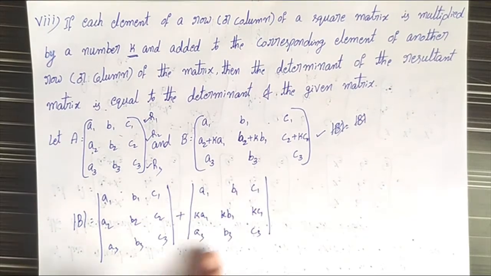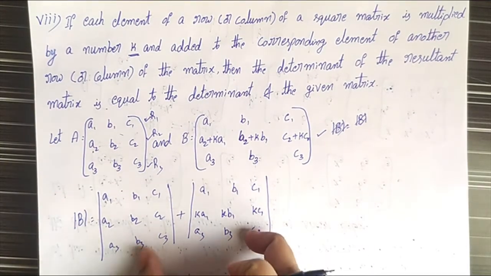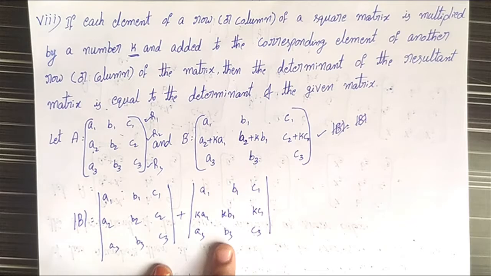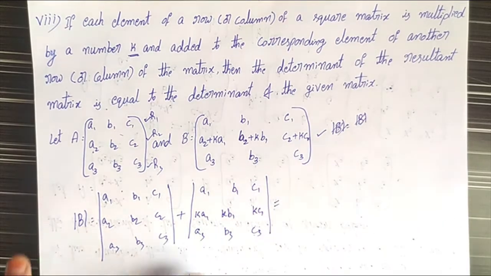By using property number 7, we can split it into two matrices, and that is equal to